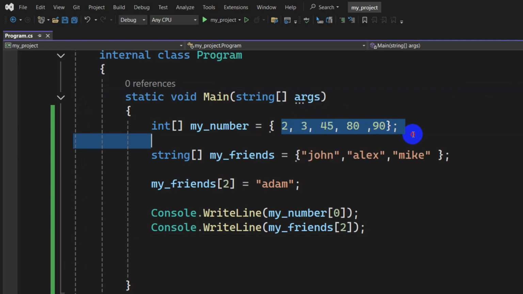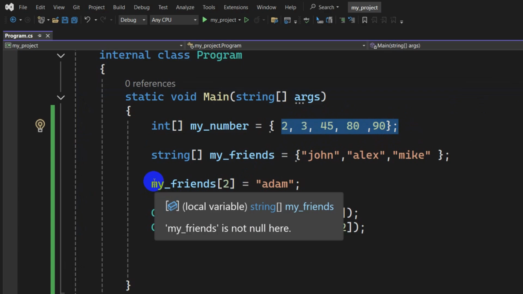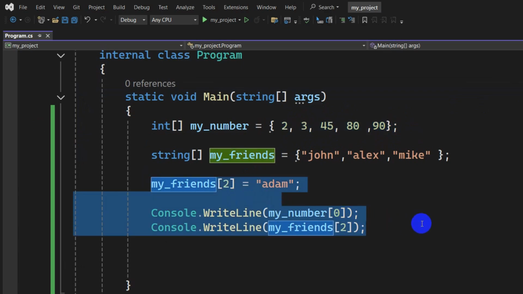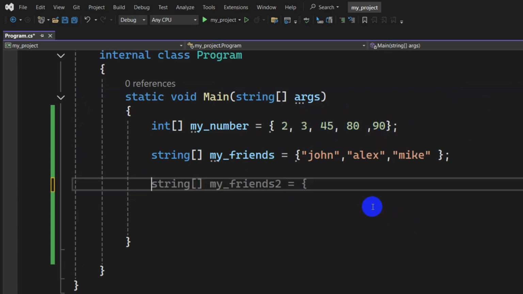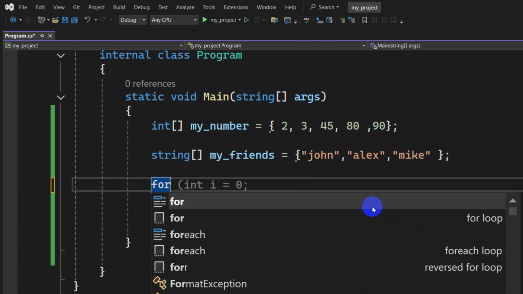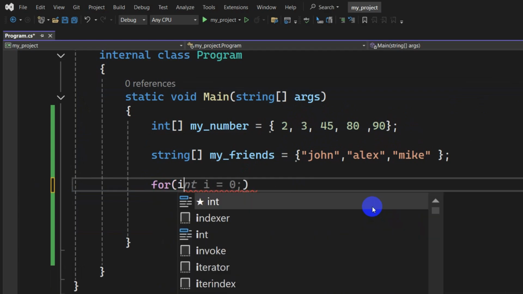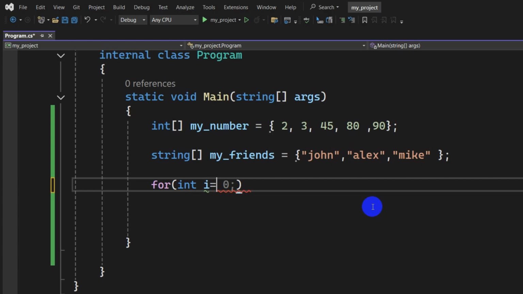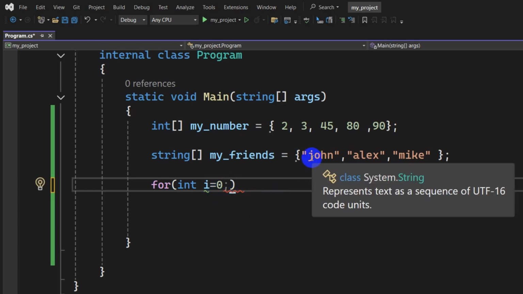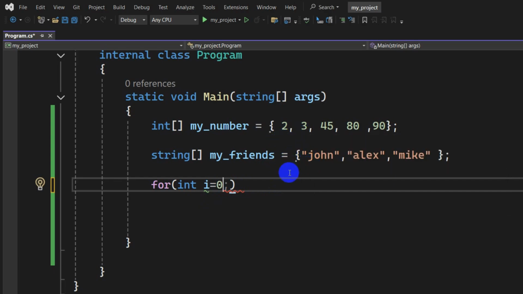And if you want to print all the values in the array, you can do it as well using a for loop or while loop. Let me just show you an example with the for loop. So let's say here for int i equal to 0. We are going to mention i equal to 0 because the array starts from 0, not from 1. Then we need to give a condition here. Then we want to print all the